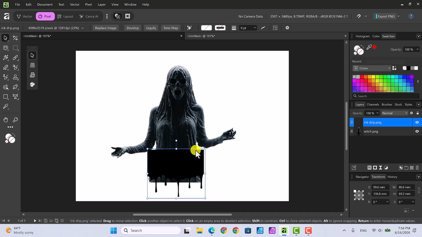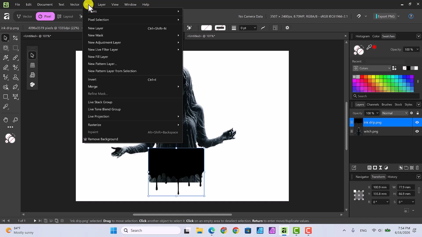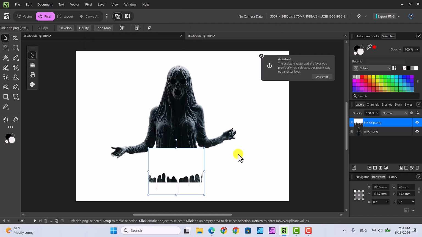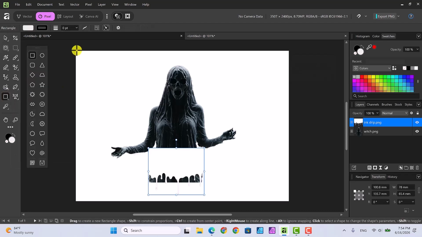And let's see if we can match this up a little bit. With the drip selected, just go Pixel and invert, and that way it will be white. Since I don't want my white background, because the white doesn't really show up in everything, I'm going to do what I did the last time and then put in a